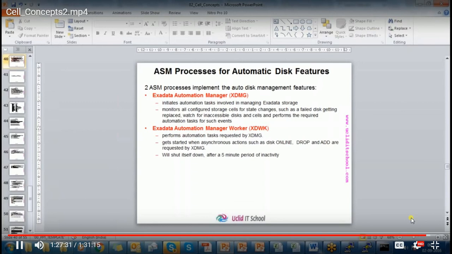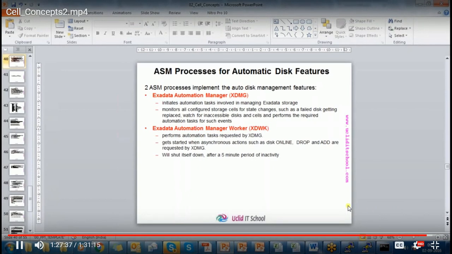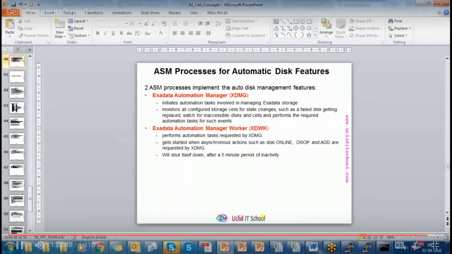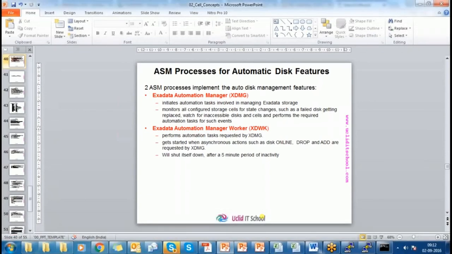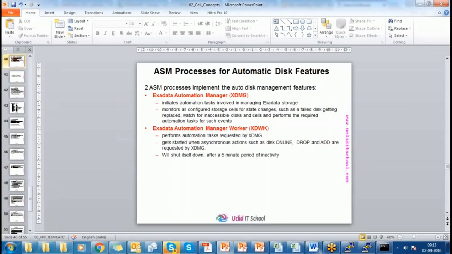Do we have any more speed or rebalance power for this particular ASM? Normally it's 0 to 11, right? That is the same on Exadata also, because it is not an Exadata feature, it is an ASM feature. Because we have flash storage, it will be faster, right? That's right. If it is on flash storage, the rebalancing happens quickly because of the performance. Flash storage is high performing storage, so your rebalance may complete in quick time.